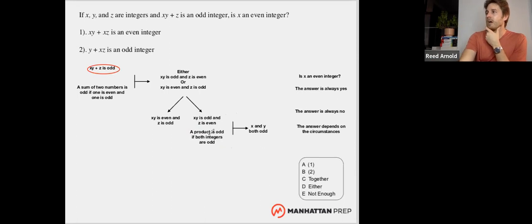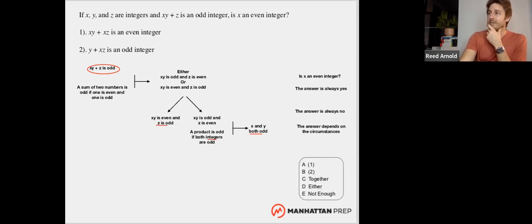But if xy is odd, and a product is odd if both integers are odd, then in this situation x and y are both odd. Okay, so great, I have one situation: z is even, x and y are both odd. Now let's go to the other branch where z is odd